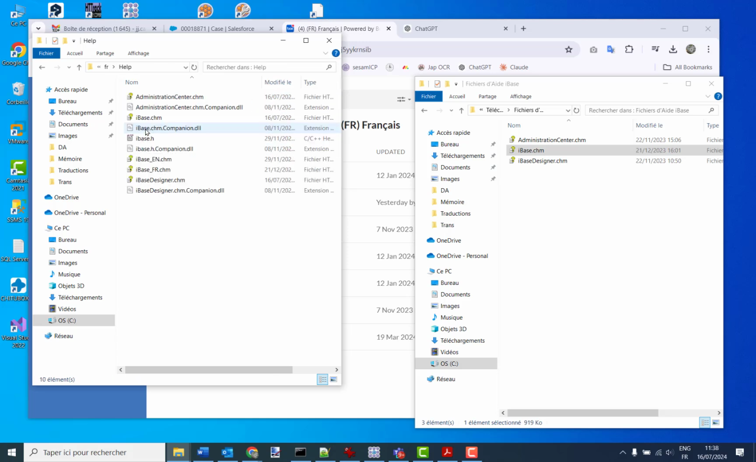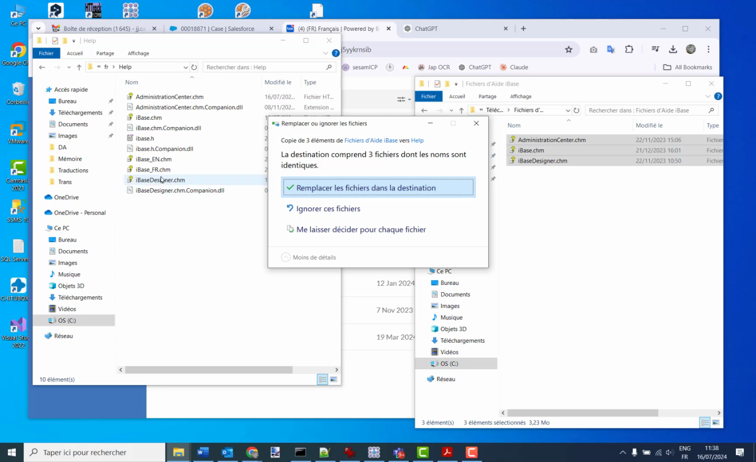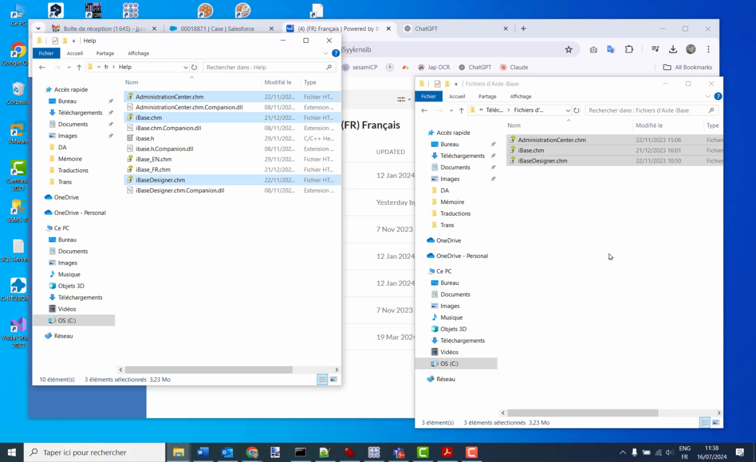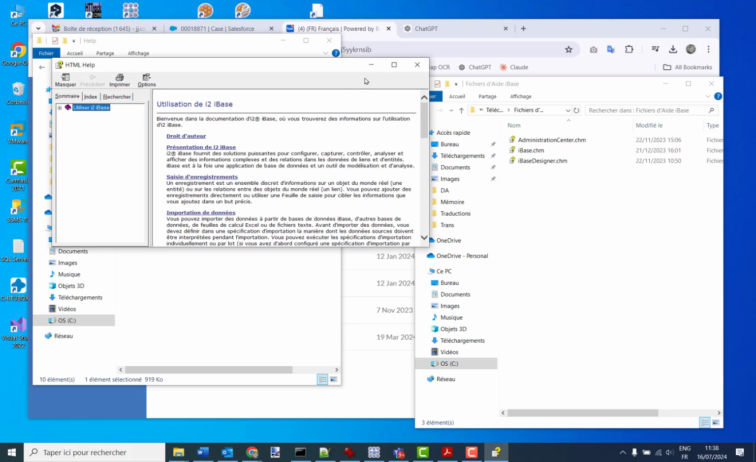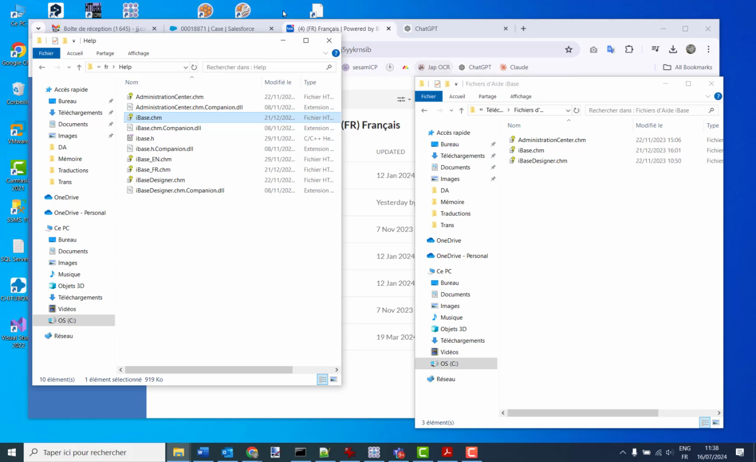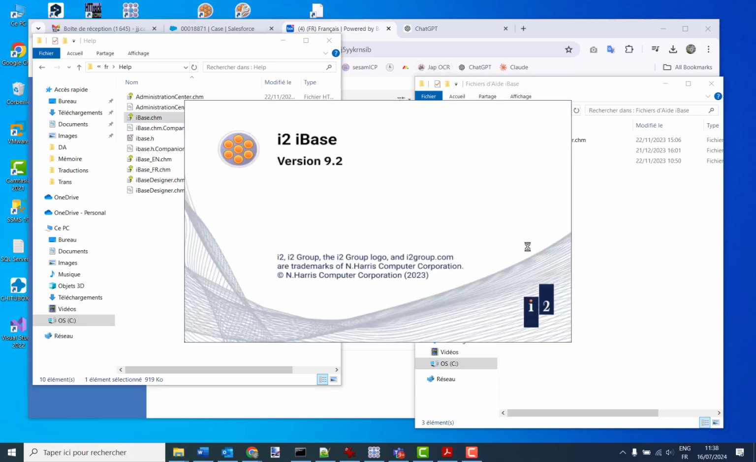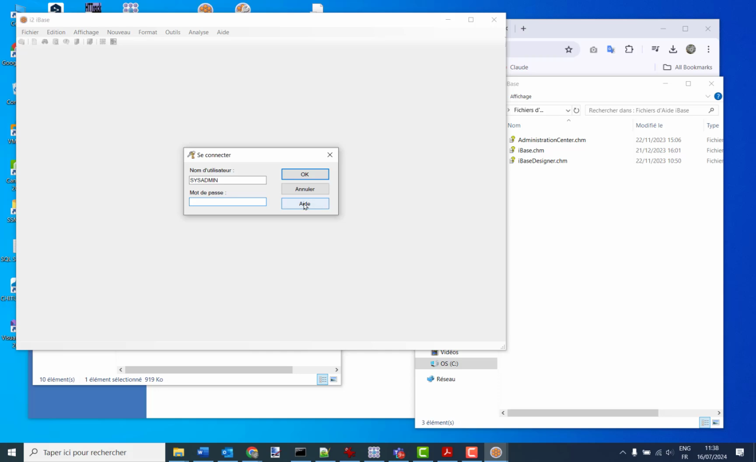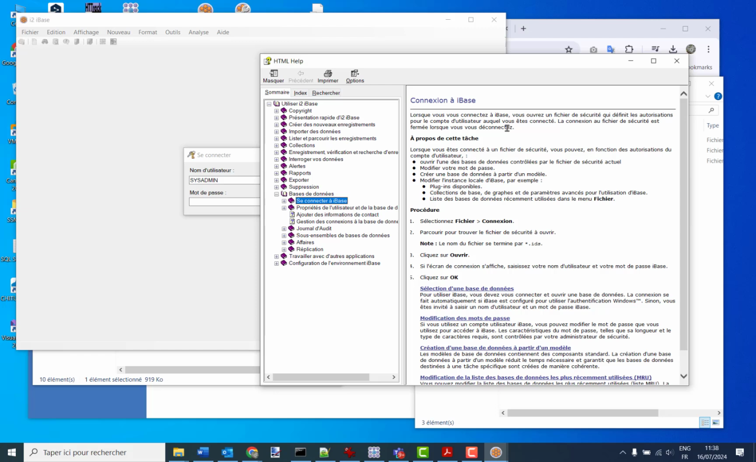Then help, and here you must select the 3 files and copy them to this folder here. It asks, this destination already contains 3 files with the same names. Yes, I want to replace files. Continue. And good. So now let's check again. I'm clicking on iBase CHM. It's still good. Perfect. So now I can open iBase again. So let's go. And now if I click on help here, or add, I do have my help in